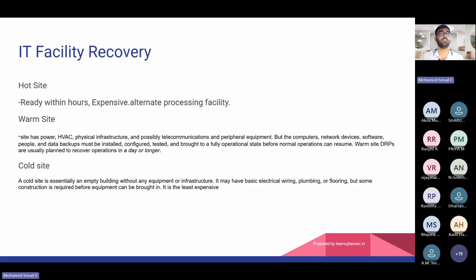You have nothing. It may take 3 months, 6 months to recover the business, because the primary site is down or out due to war or flood, or is in a non-recoverable state. Now you have only the land and the building. You don't have anything. You need to build it. It may take 8 months to 1 year. So these are the strategies companies will build while developing disaster recovery. So you must be aware of what a hot site, a warm site, and a cold site are. That is the key objective for this session.